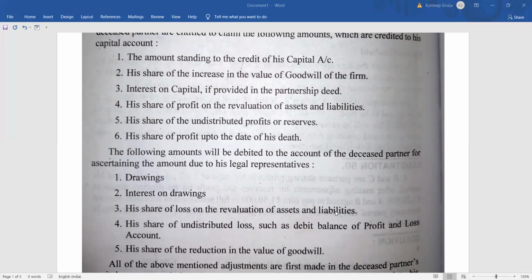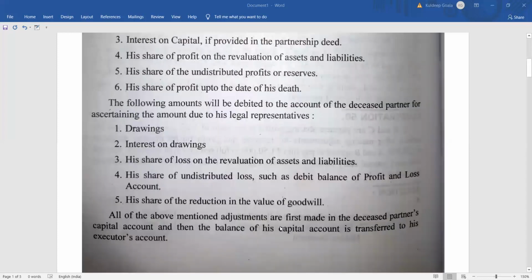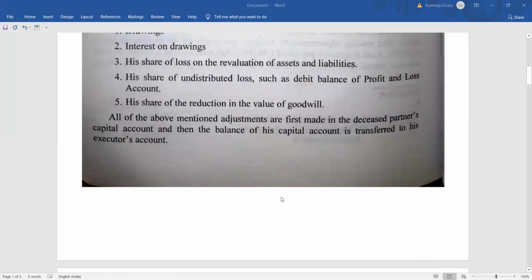Loss on revaluation. Then if there is debit balance of capital, sometimes debit balance of capital might be there, that he is incurring loss, extra loss, or debit balance of current account, that will be coming on the debit side. Then his undistributed loss, any undistributed loss that is appearing in the balance sheet, as well as goodwill appearing in the balance sheet, all this will be adjusted. Clear? So now I will explain to you how we are going to pass the entries at the time of distribution